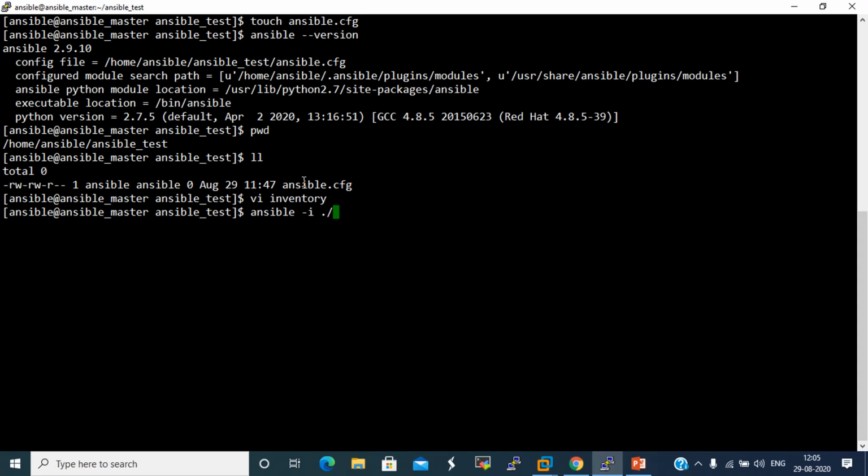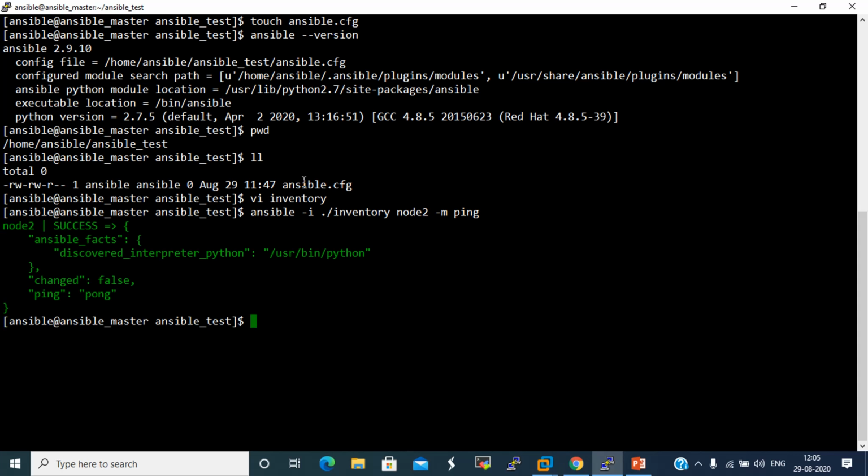So ./inventory and the host. I'm taking the current node, node 1 or node 2, say node 2 host. Okay, it gives us the pong response from that.